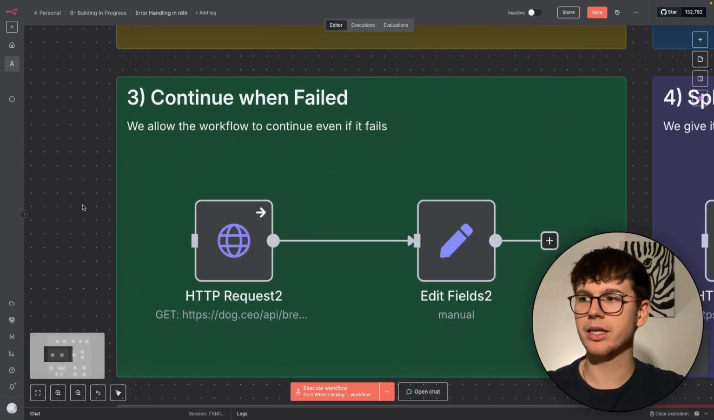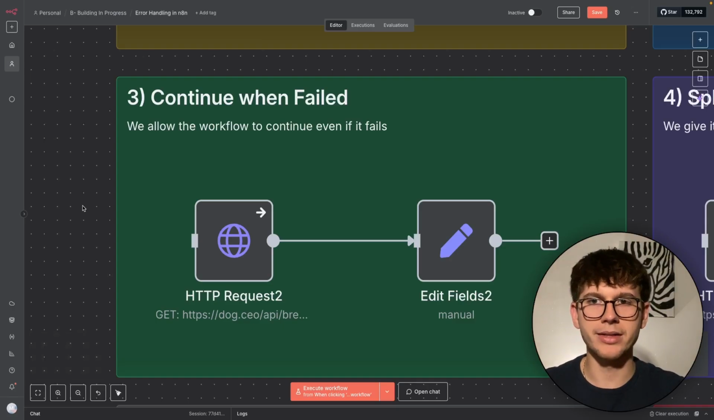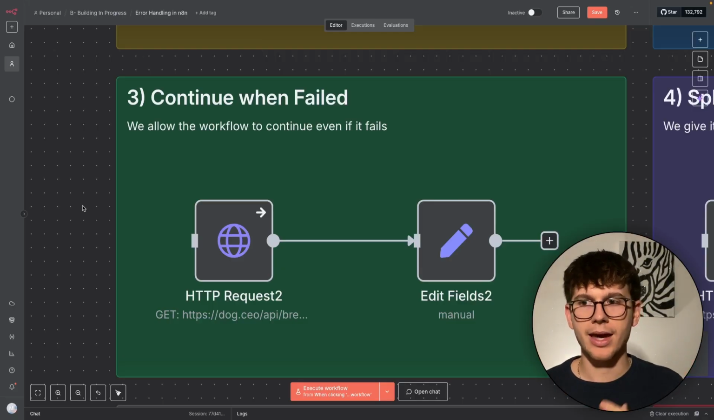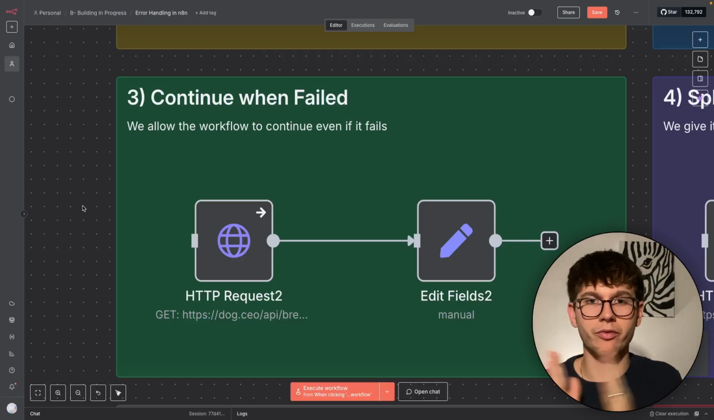So this is typically implemented when we're doing an automation where the step itself, whether it works or not, doesn't really matter. If it works, great. If it doesn't, no problem. And that's where we implement continue when failed, because it will